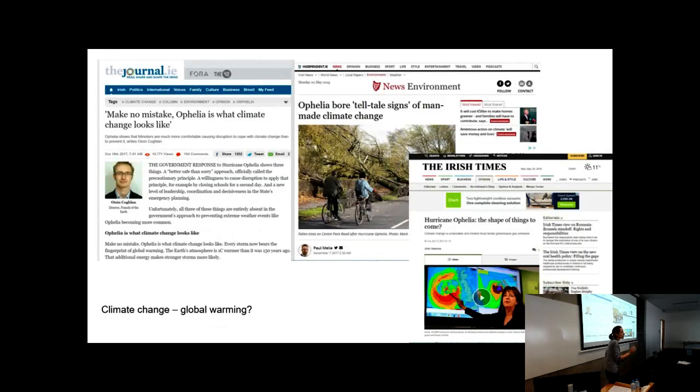Is it climate change? As soon as we heard about Ophelia, the media was on it like a hawk. This is climate change, right? Global warming, here we come. All the newspapers you looked at, Ophelia is what climate change is going to look like. This is what it's going to be like in the future. The shape of things to come. Mass frenzy. Is it really? Okay, so the Irish